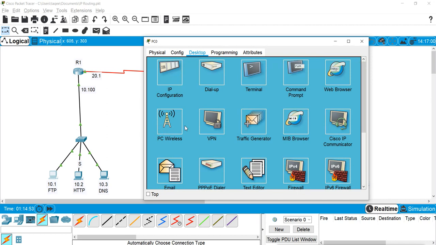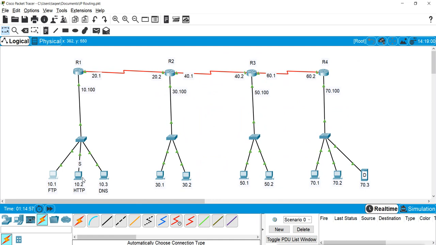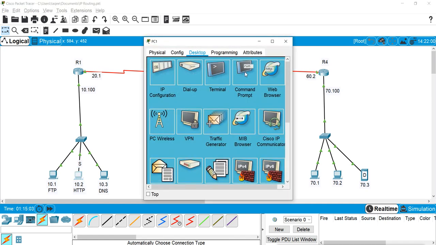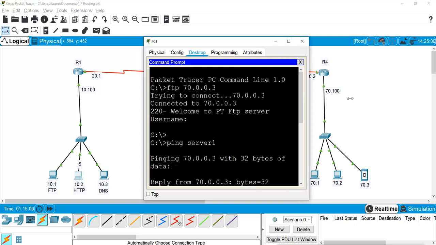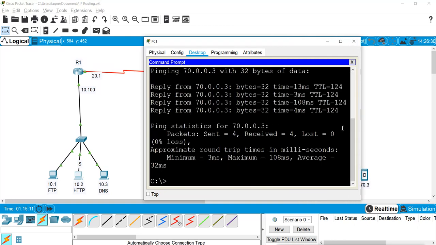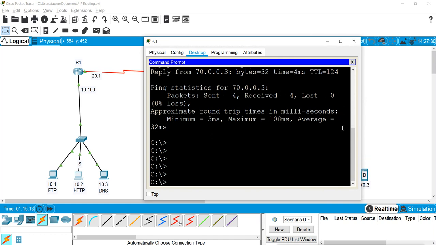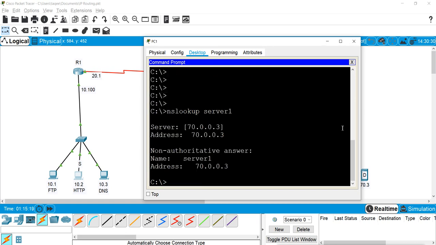Now we'll check the other client. This client can access FTP and DNS but cannot access HTTP. So I will try to access first DNS and FTP. NSLOOKUP for server 1, and I am getting the reply from this server, and I am getting the name and IP.